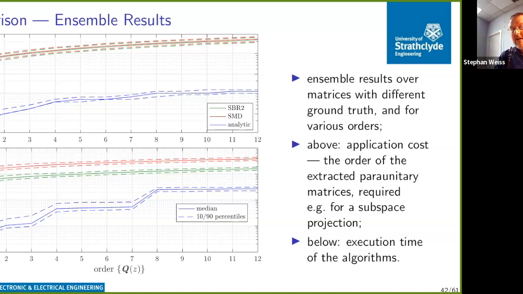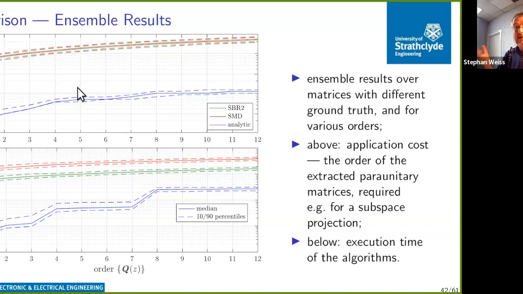On top, we have the order of the extracted eigenvector matrix. In red and green, you have the SMD and SBR2 solutions. They have this approximation of piecewise analytic functions, so they have quite a high order, and the analytic EVD is more than an order of magnitude